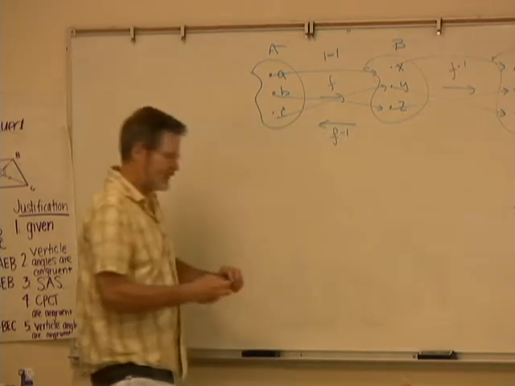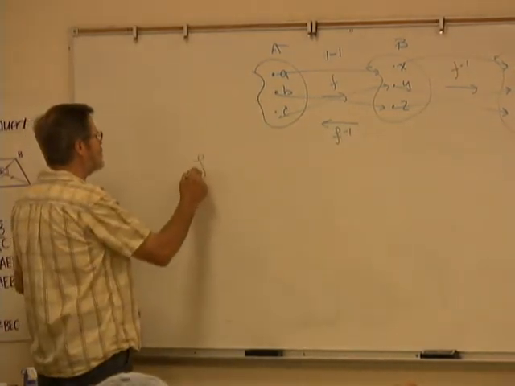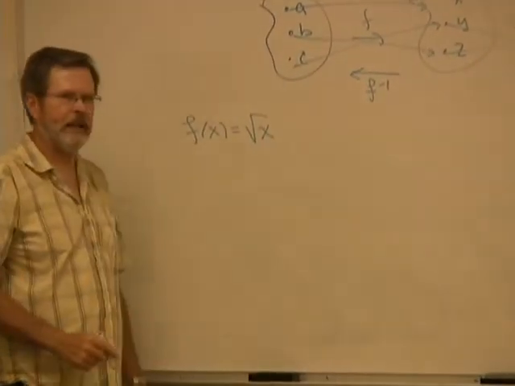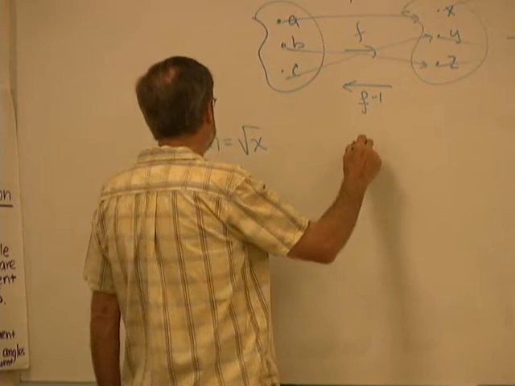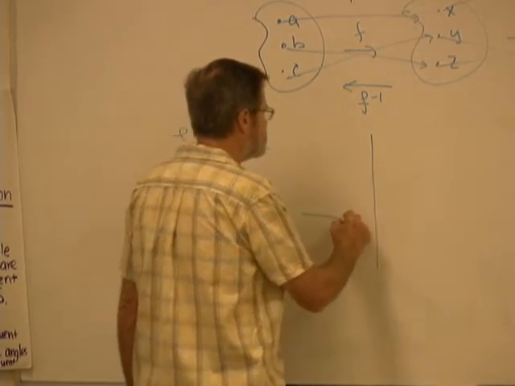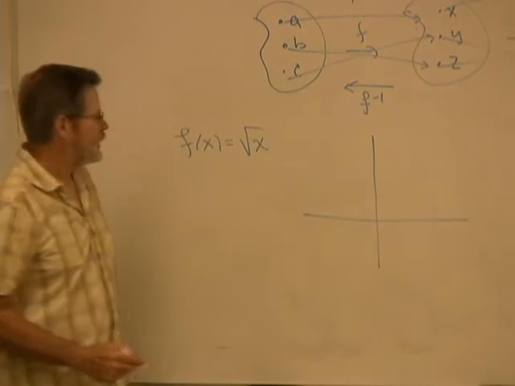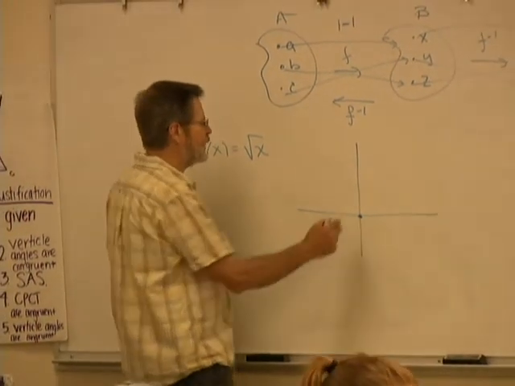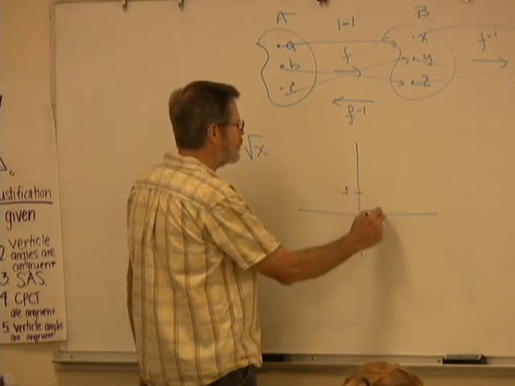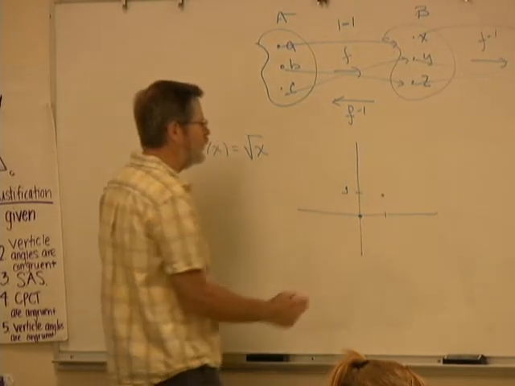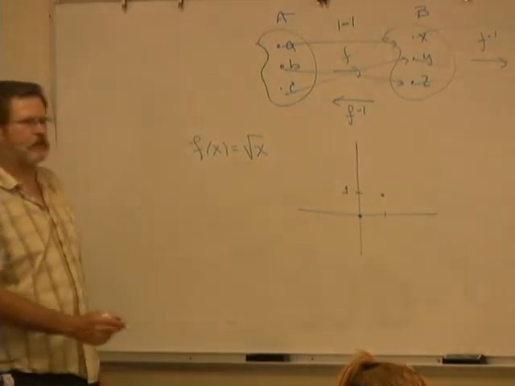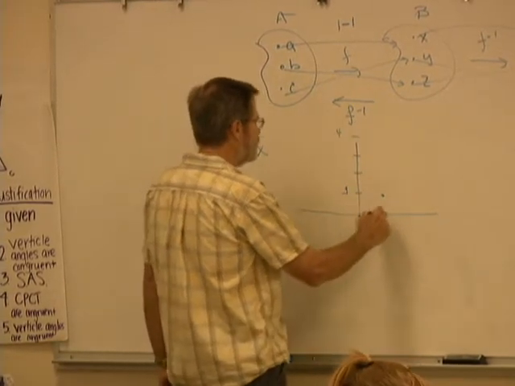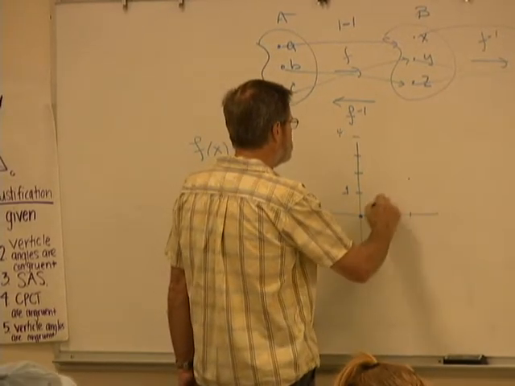Well, let's make life a little easier for you. Let's look at f of x equals the square root of x. I want to find its inverse. Well, let's put a couple of points on this graph. If x equals 0, the square root of x equals 0. If x equals 1, then the square root of 1 is 1. If x equals 4, then this is up at 2, and so